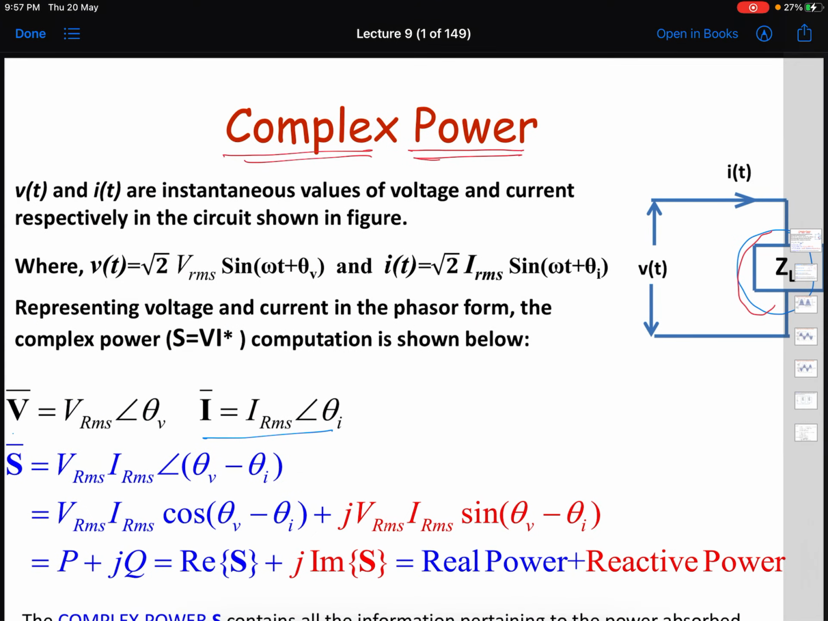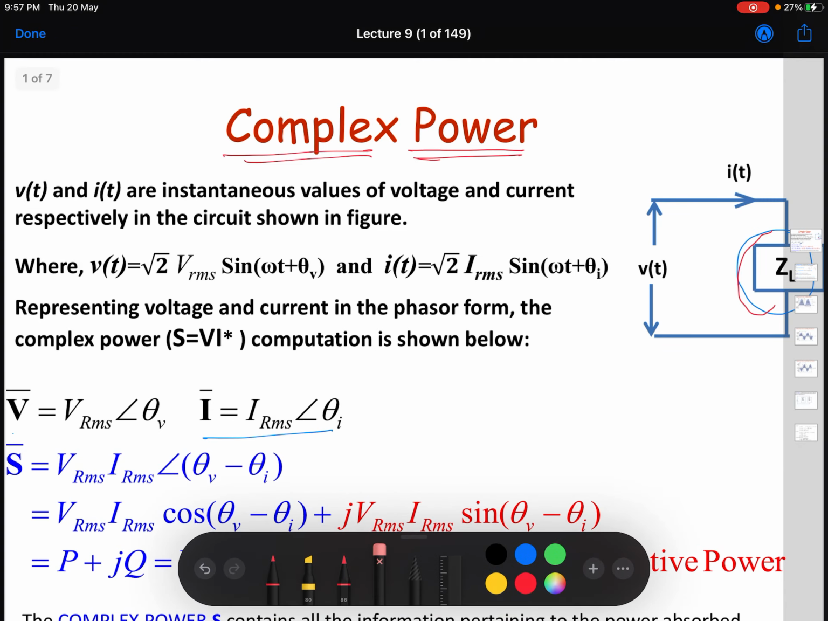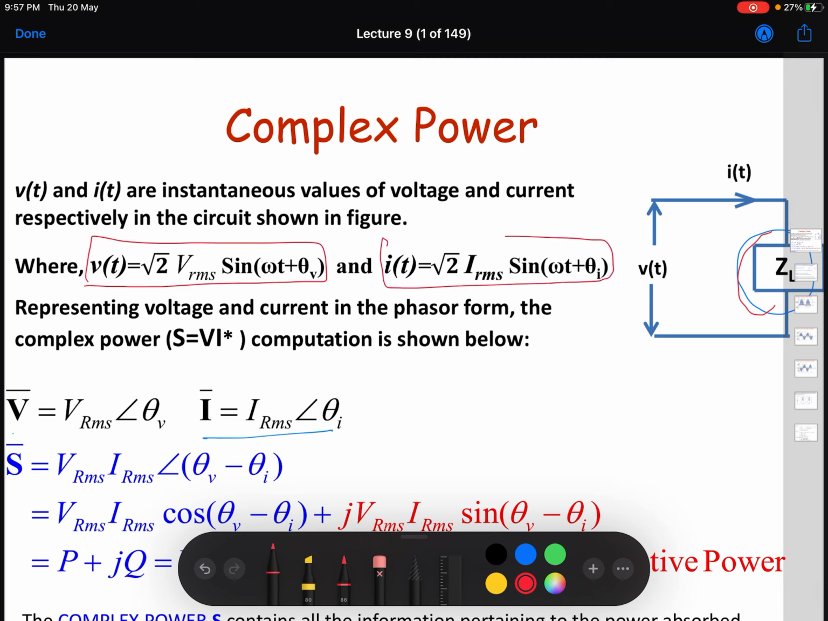So welcome to this lecture 9, and in this lecture we will see the concept of complex power. This complex power appears in AC circuit because of the fact that voltage and currents are sinusoidal. These sinusoidal quantities, if you remember from previous lectures, are represented in the form of phasors. Phasors basically have angle and magnitude, so it can be represented